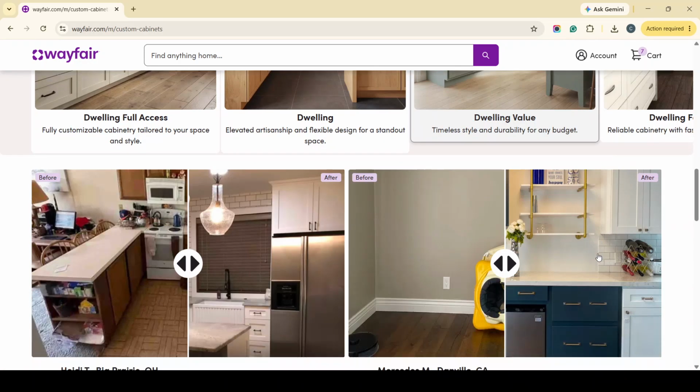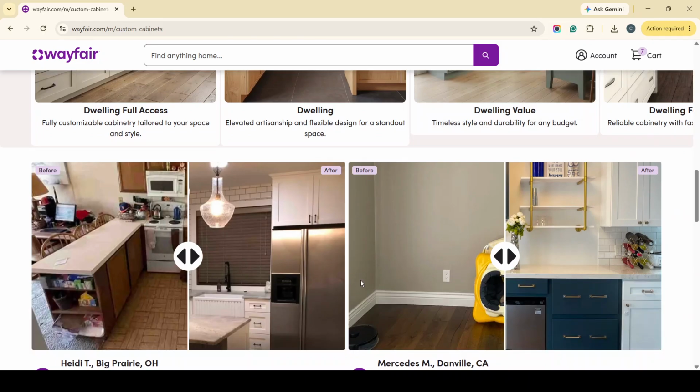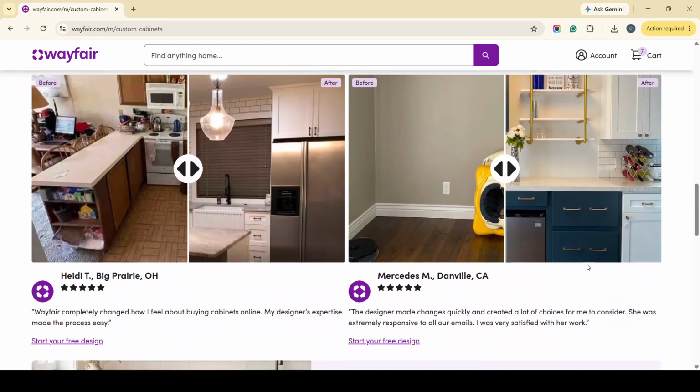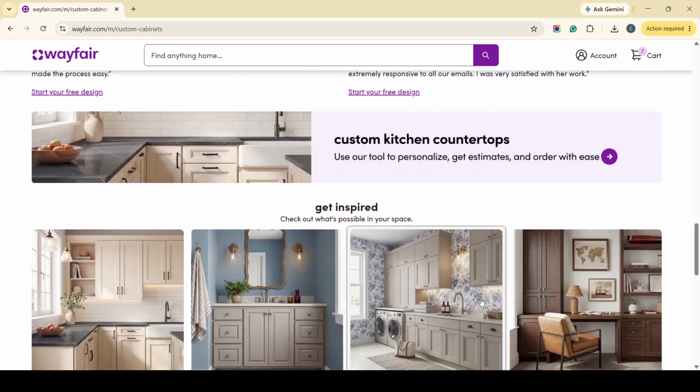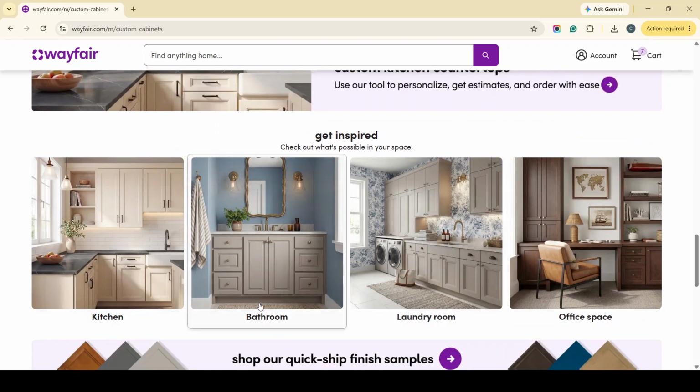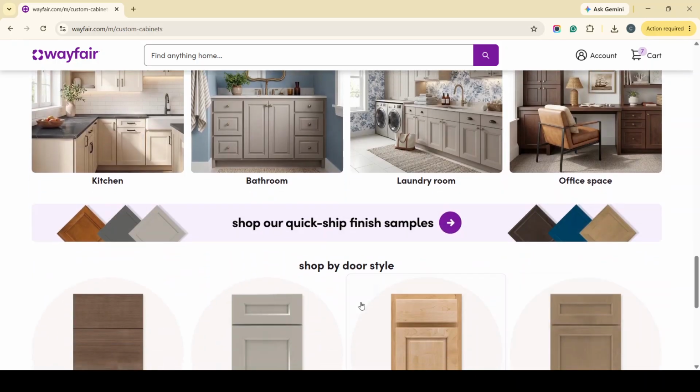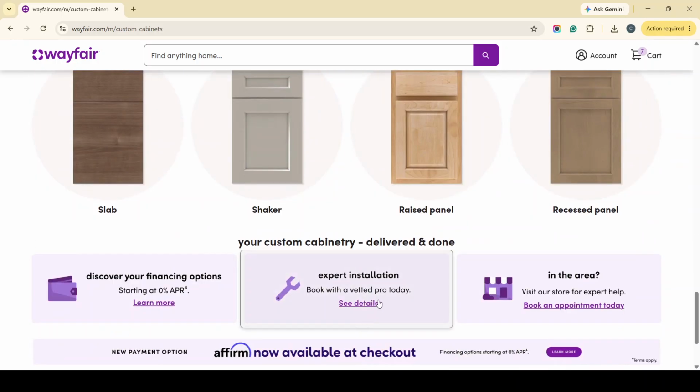After that, view the available colors and finishes for the cabinet styles that interest you. This is an important step because color and finish can completely change the feel of a cabinet. A lighter finish may create a brighter, more open appearance, while a darker tone can add warmth and depth. As you compare options, try to picture how each one would work with the rest of your room, including walls,